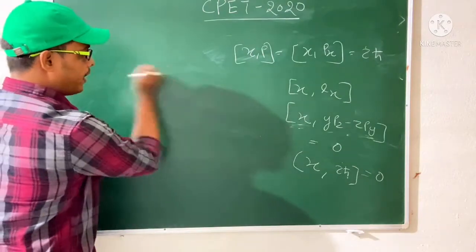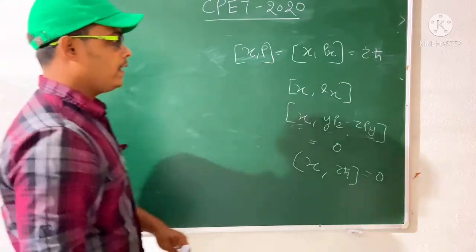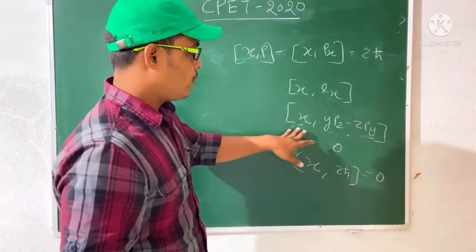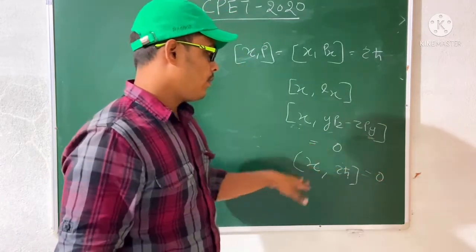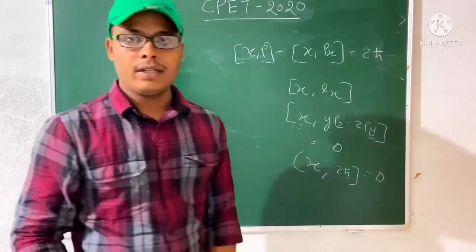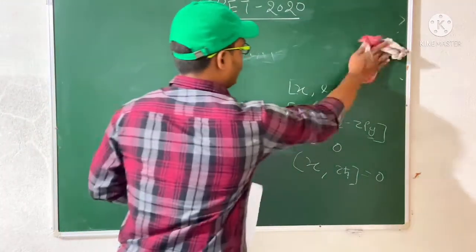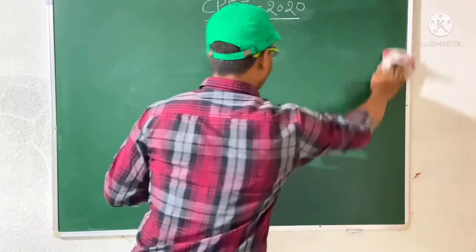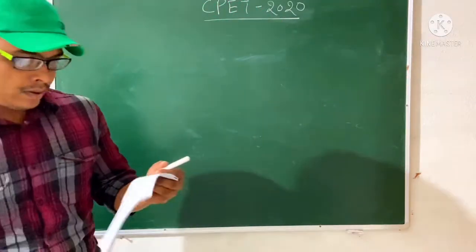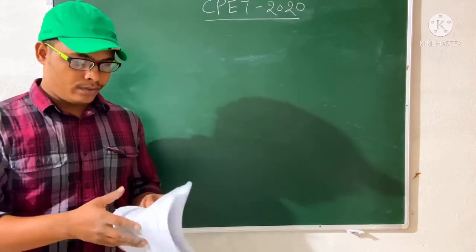Okay, so these are several properties of your Poisson bracket, so you have to remember this one. If there is ly then that is a different case. So remember, if there is x and there is x term only then we can solve, and x with lx will be 0. So these are the properties of your Poisson bracket, so you try to remember and also try to read some further so that it will be helpful. Okay, so next we will go to